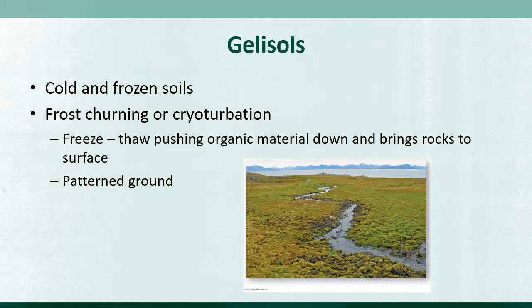And the gelisols are the most northern of the climates. They are often found where you have cold and frozen soils that leads to a lot of that frost churning or cryoturbation, which we talked a little bit about already when we talked about permafrost landforms and the patterned ground and all that sort of thing. But it also has the impact of pushing organic material downwards, bringing rocky material up to the surface rather, and it leads to the same sorts of problems of too much acid, a lot of extra clay-like material down low, and that gleization that I have already mentioned.